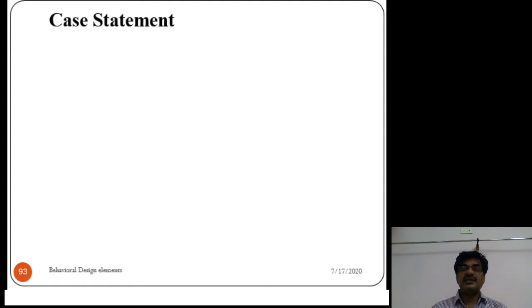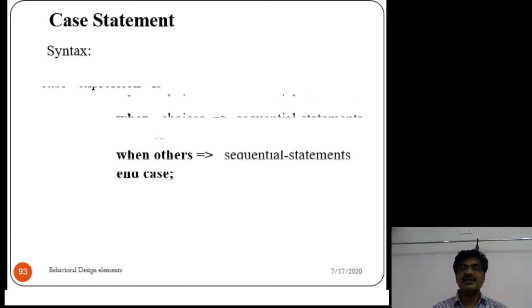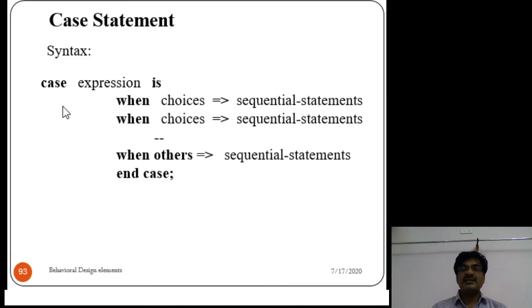Then coming to another statement, that is the case statement. The case statement is used when the execution is based on a choice. It is similar to a switch statement in the C language. Let us see the syntax of it. Case expression is, when choices, sequential statements.